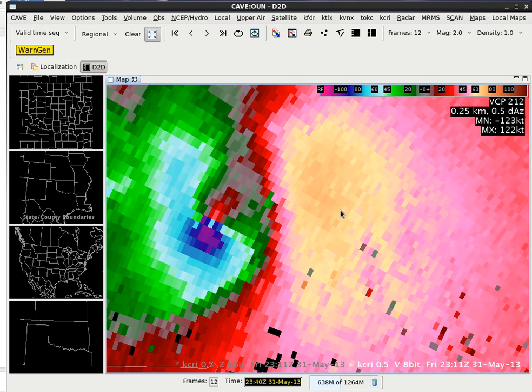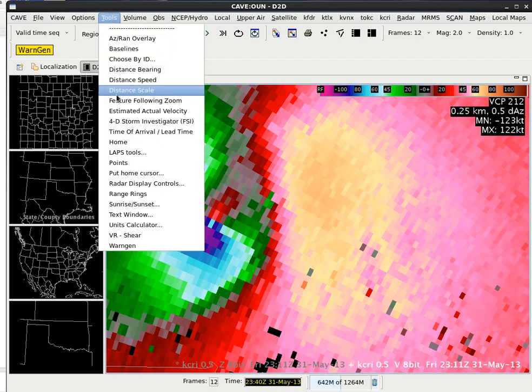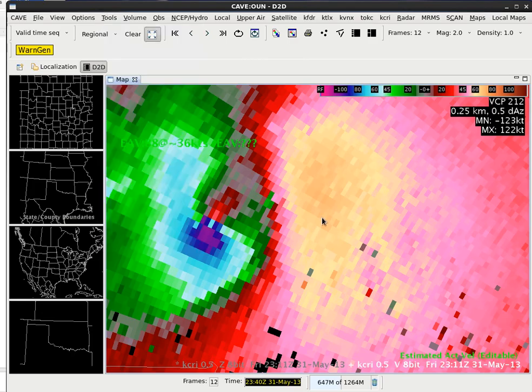But let's say we had some spotters that were out there ahead of this saying the wind direction at the surface is from the east or east-northeast, and they can look up and see the cloud base is also screaming in from that direction as well. And so maybe there's a very deep layer of strong easterly winds here, and the radar is only measuring a component of that. So let's go under the Tools menu, and under the Estimated Actual Velocity, we can load this